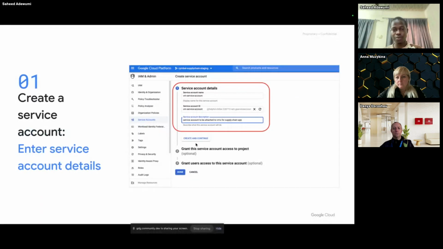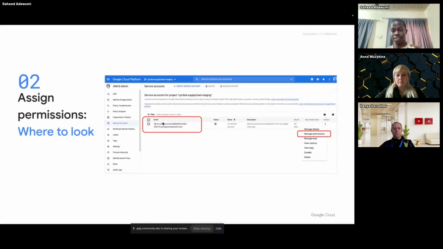And after we create it, you can see Create and Continue. These other steps are optional, but you can still assign your permission here. And here you can manage permission after you create. So immediately after you create, you can create your permission and manage permission for users. And after that, you can assign for cloud. For instance, in this scenario, we're assigning Cloud